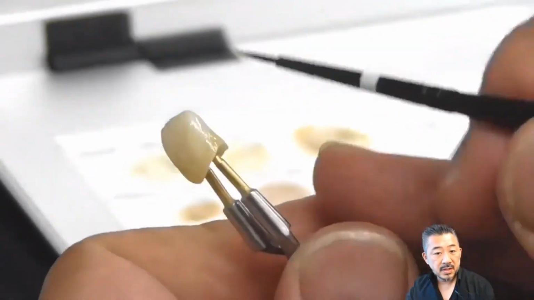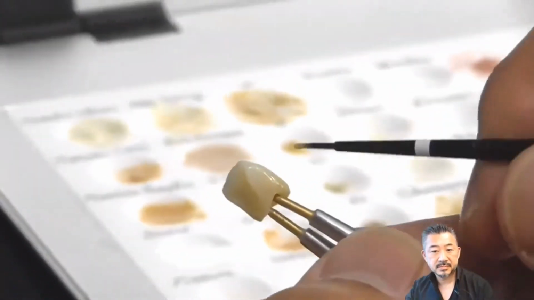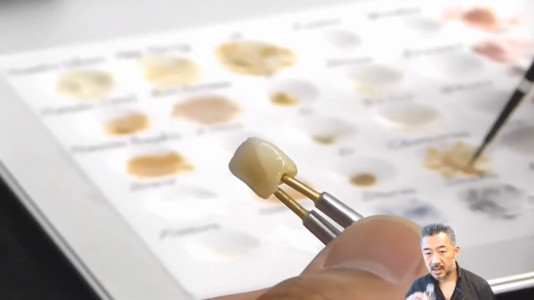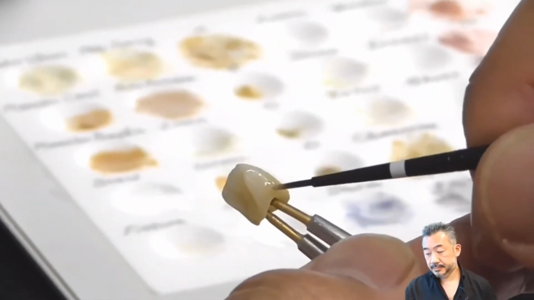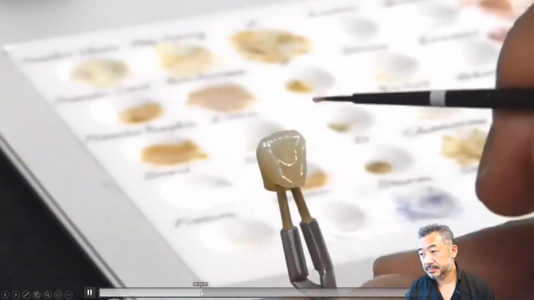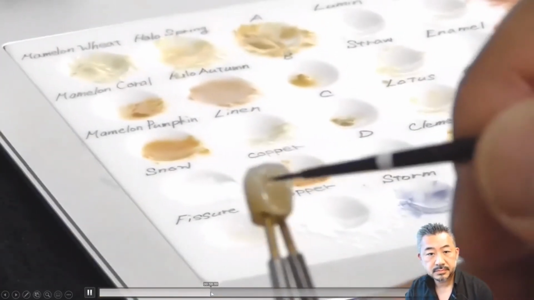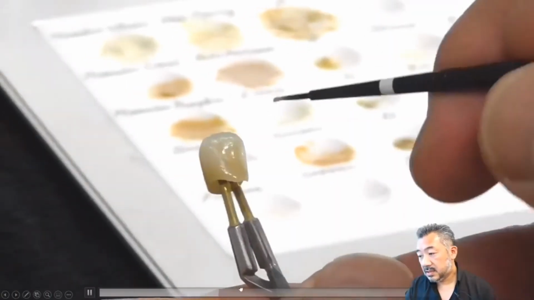Use it when you want to emphasize the color of the cervical area. Okay, after that,